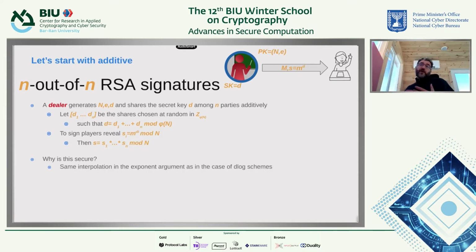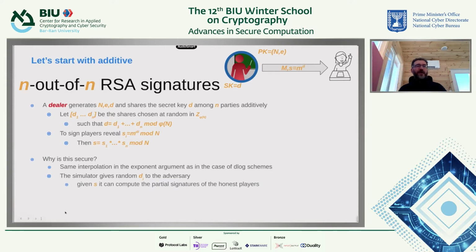So, okay, let's prove how this works. It's basically the same interpolation in the exponent argument as in the case of Desmedt-Frankel. The simulator is going to give random d_i to the adversary. And now, if the simulator has the real signature, given the real signature, it can compute the partial signatures of the honest players